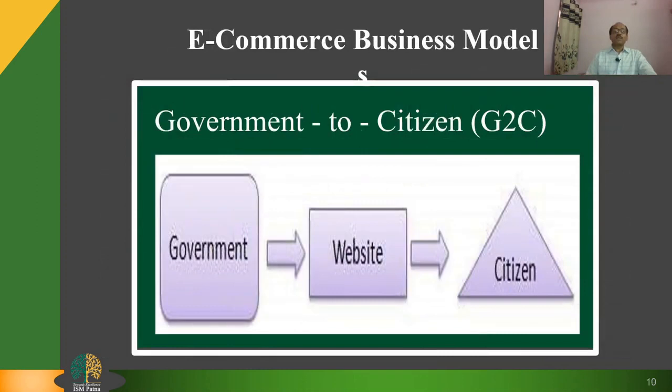And the last one is government to citizen, I mean G2C. The government uses a G2C model website to approach citizens in general. Such websites support auctions of vehicles, machinery, or any other material. Such websites also provide services like registration for birth, marriage, or death certificates. The main objective of G2C websites is to reduce the average time for fulfilling people's requests for various government services.